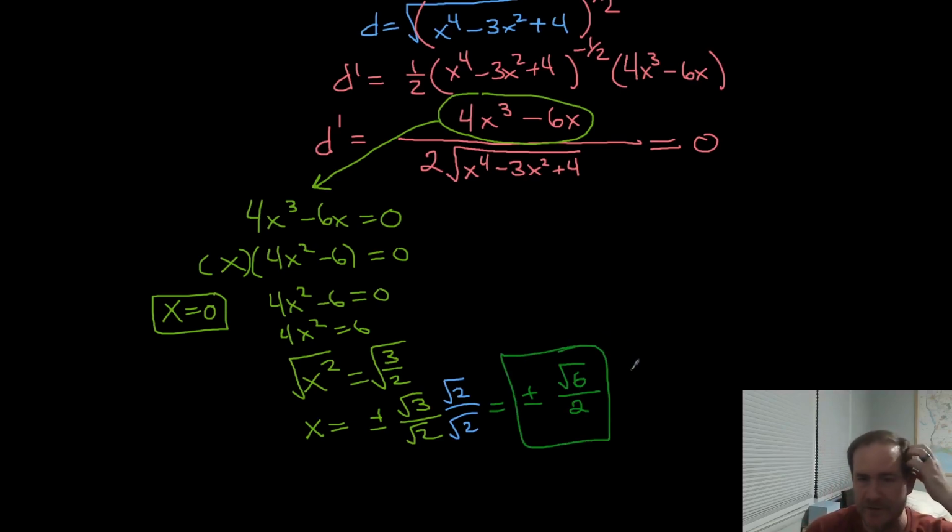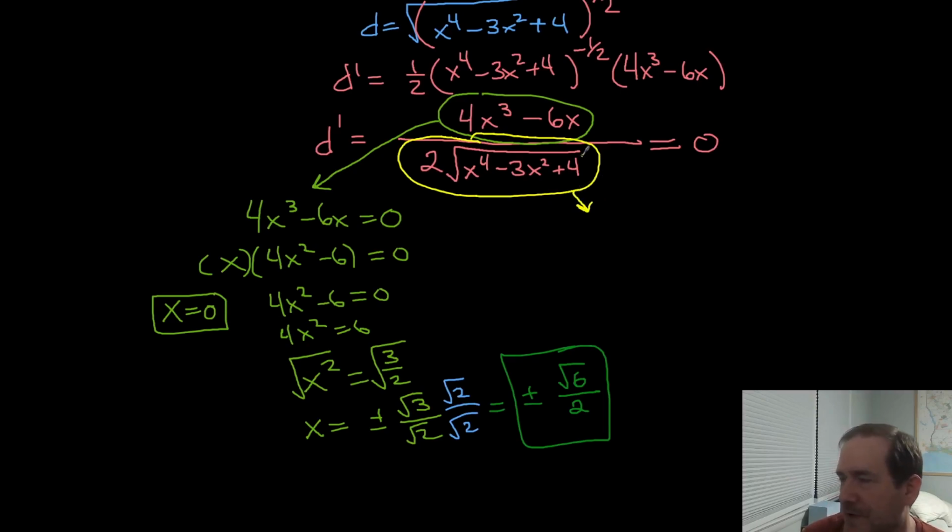So far we have 3 critical values already, and that's before we even consider the denominator, which also produces critical values when it equals 0. So if we had 2 times the square root of x